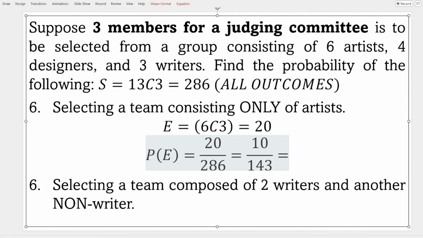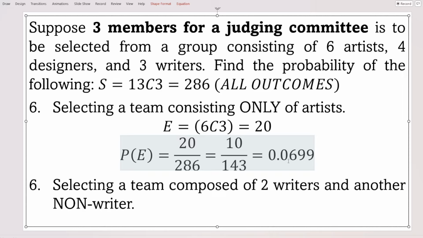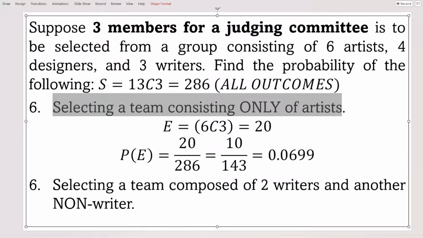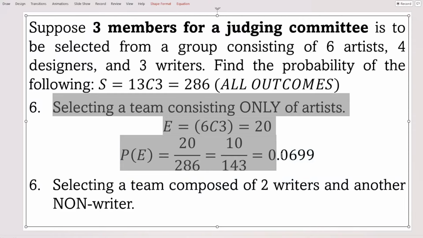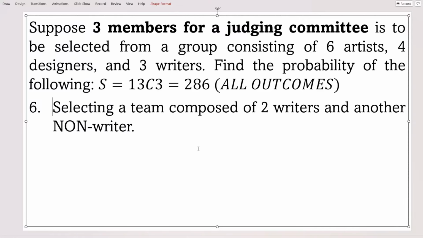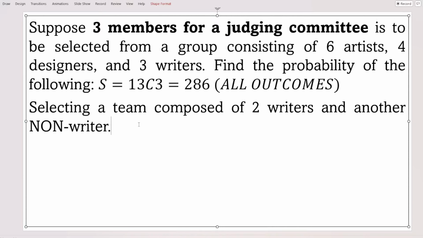In decimal, this will look like this. Okay, 0.0699. Okay, so this is the answer, the probability of selecting a team where they are all artists. Okay, so this one is the answer, 10 over 143. Oh, and that's that. Okay, so the last problem here is selecting a team composed of 2 writers and 2